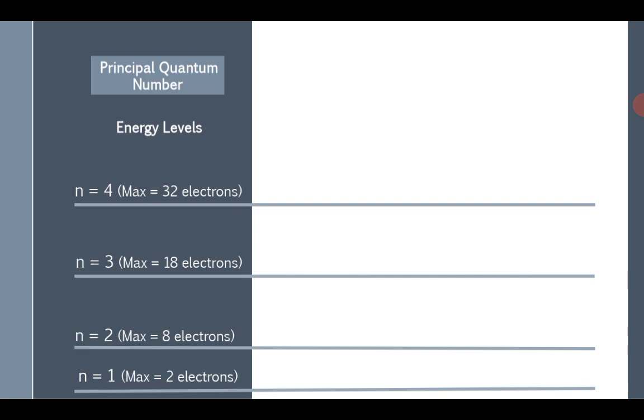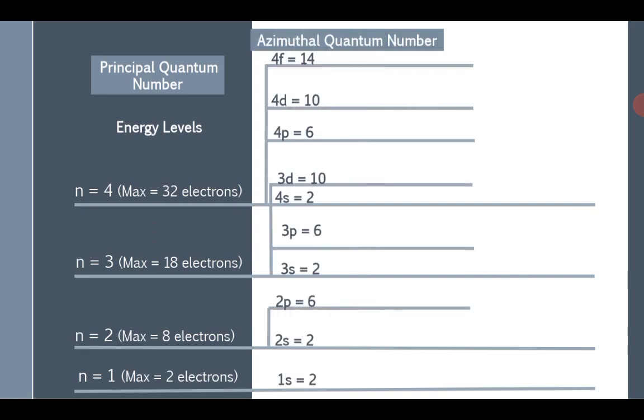And by the time you go to the second quantum number, which is the azimuthal, you have the 1s having only 2 electrons, 2s 2, 2p has 6, 3s has 2, 3p 6, 4d has 10. So you can take up to that. And you will notice that even though 4s is 2, it's still lower than 3d because of the elevation of each of the orbitals. Already we have explained that. And then you can have 4p 6, 4d 10, and 4f 14, and so on and so forth.